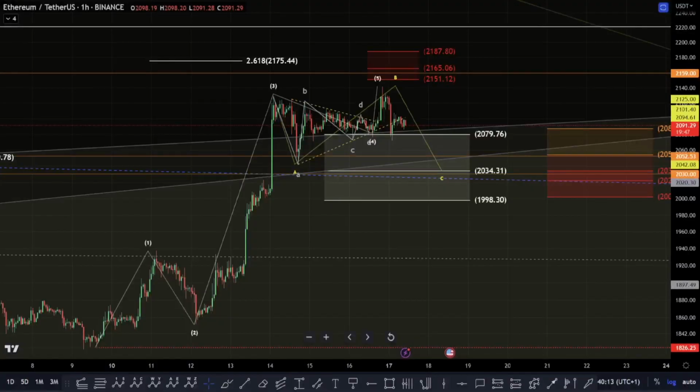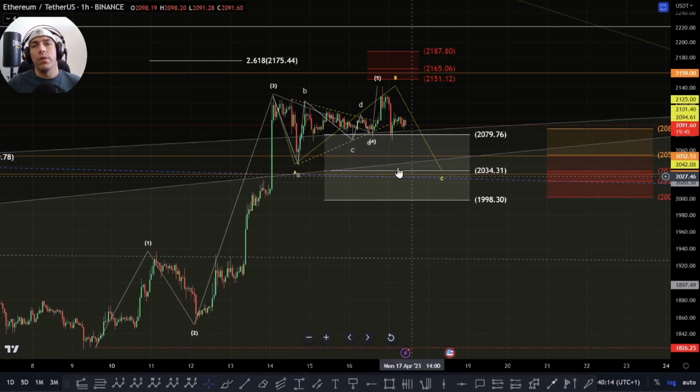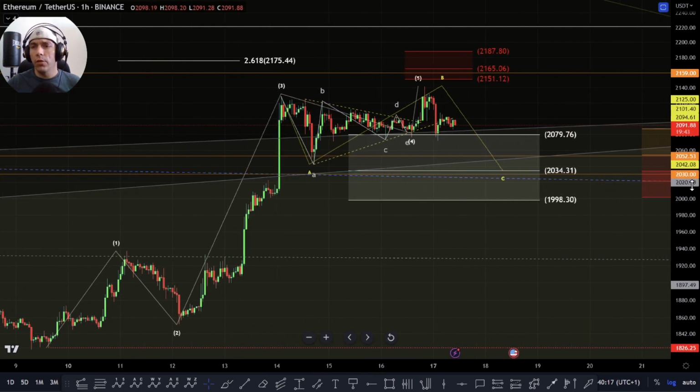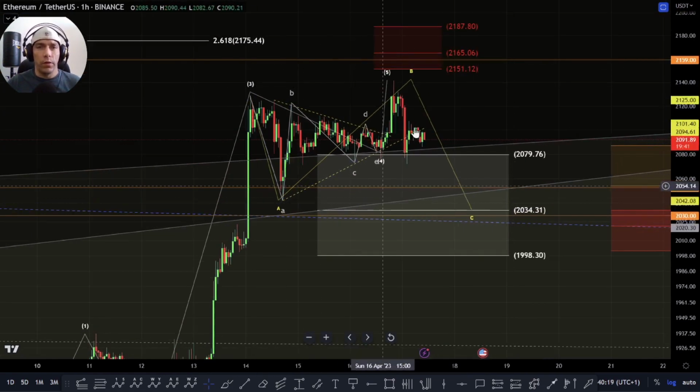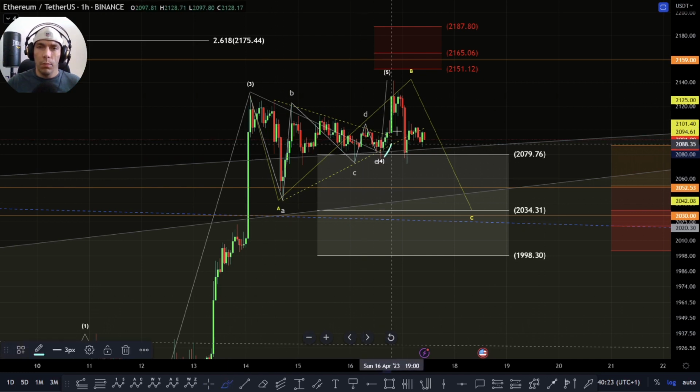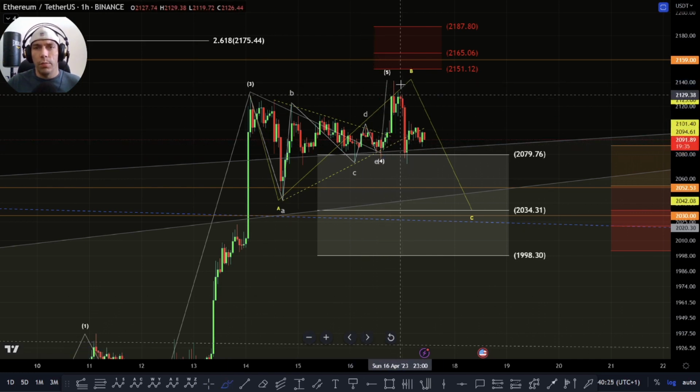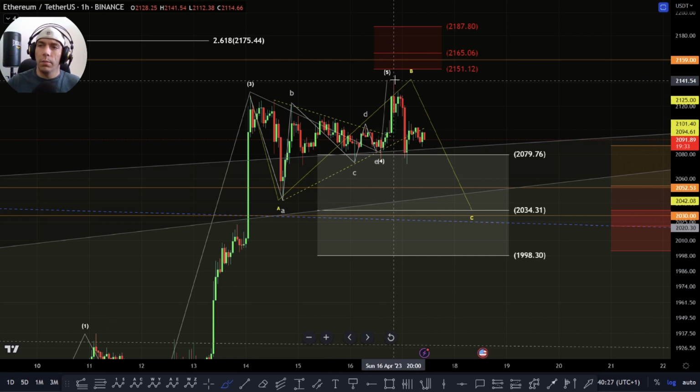Today we're going to be having a look at Ethereum. Let's get into the price action and see what's going on here. Okay, so what we were talking about in the previous video was looking for that potential of having a triangle in this move here. So it is possible that this is actually completed and this move to the upside here has been our fifth wave, looking to take us up into this